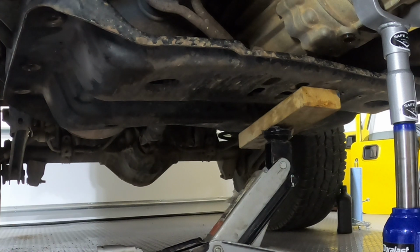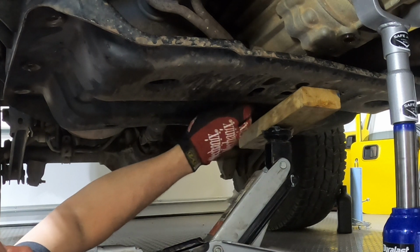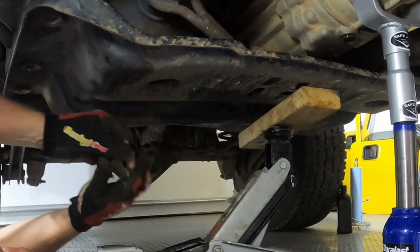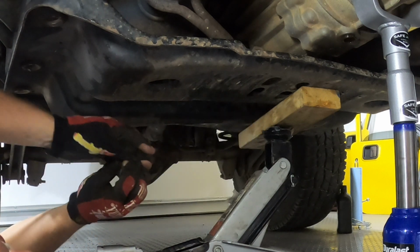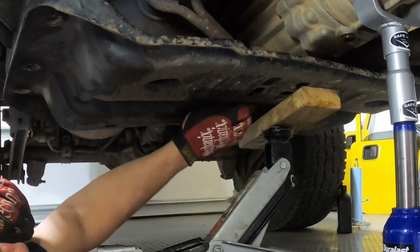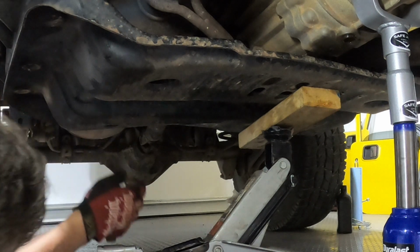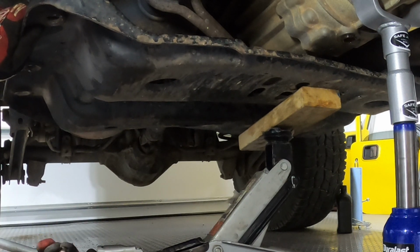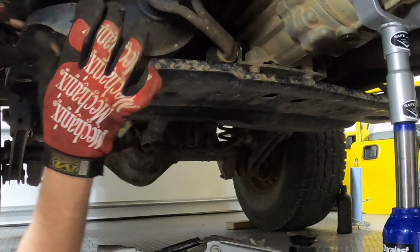It's going to put the 4 nuts on the transmission mount, just barely, just enough where the skid plate won't fall on my head. Alright, that should keep it from falling on my head anyway. Now I think I'm going to lower this jack down a smidge, because those should hold it. Yep, I think it left me enough slack here